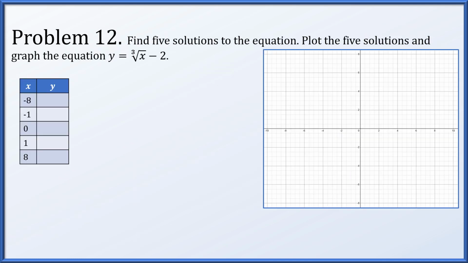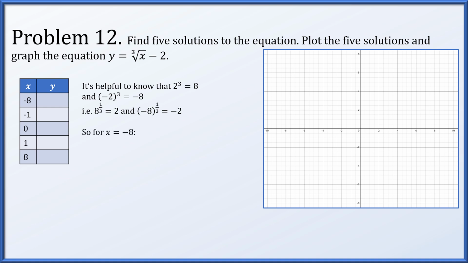In problem 12, we're going to find 5 solutions to the equation y equals cube root x minus 2, and then we're going to plot them and use that to make a graph. And the values of x that we're told to use are negative 8, negative 1, 0, 1, and 8. What's really helpful to know is that 2 cubed is equal to 8, and negative 2 cubed is equal to negative 8. In other words, 8 to the 1/3 power is 2, and negative 8 to the 1/3 power is